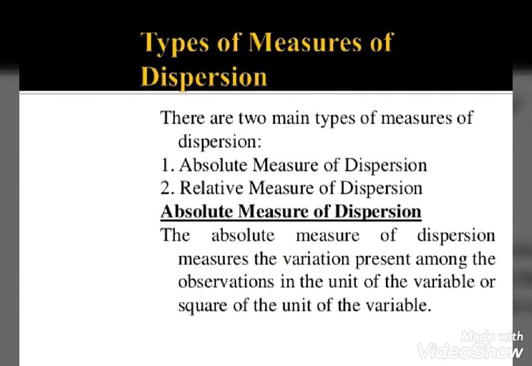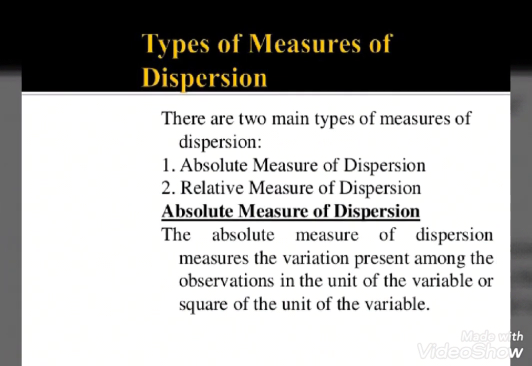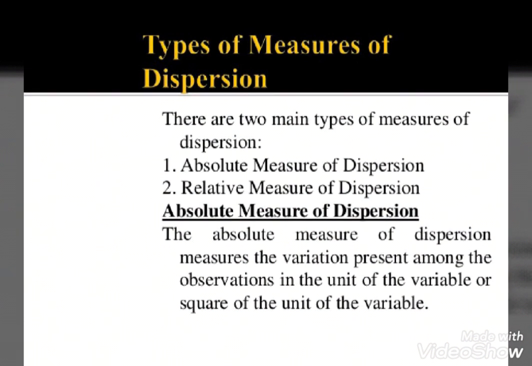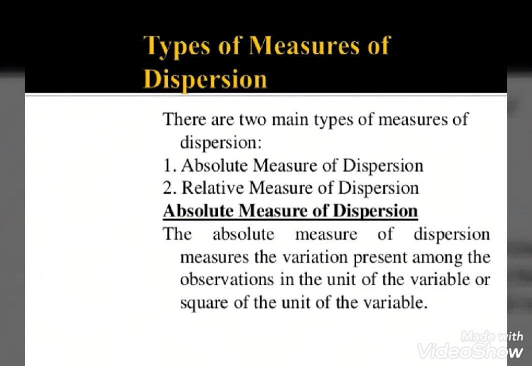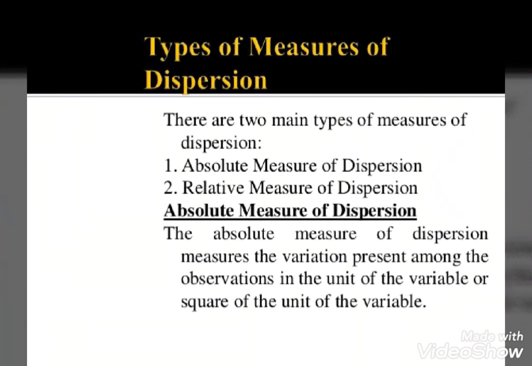So this absolute measure means whenever you are collecting any data from the observations of your variable. Observations of your variable is nothing but your characteristics, what you are going to find. You can say you have studied size, behavior, characteristics, all those things when you observe and notice, and when you take the square unit of those variables, that is considered under the absolute measures.